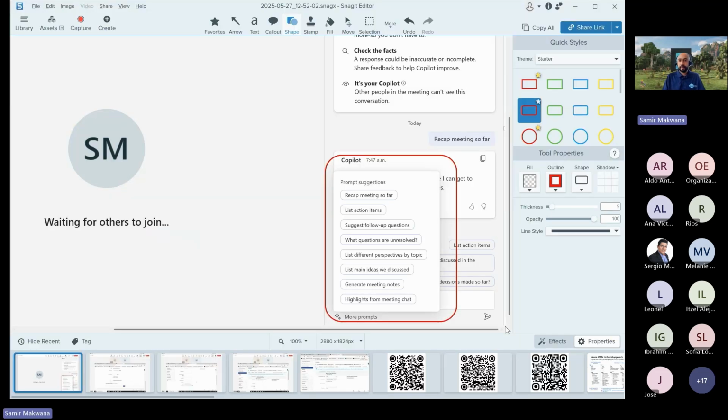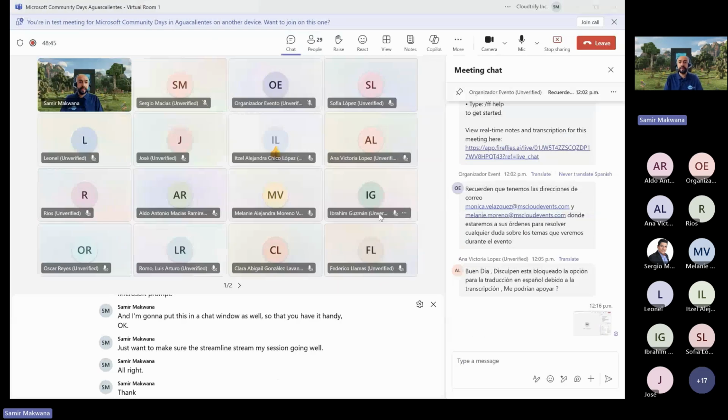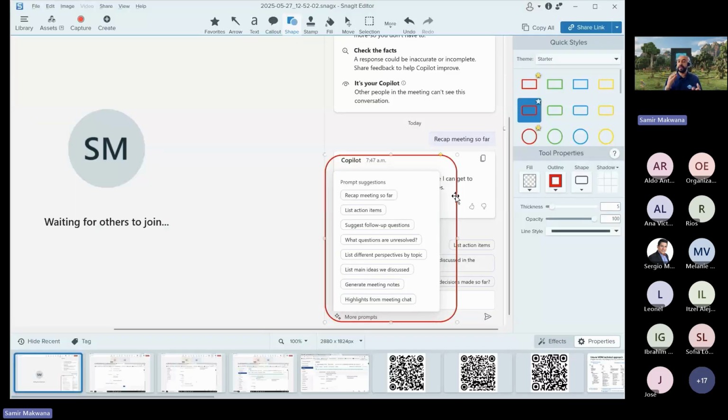So as you can see on the screen, it's not only a recap of the meeting so far, but you can have a list of action items during the call itself. You can see which questions are resolved, a list of main ideas discussed, and it can also help you generate the meeting notes.